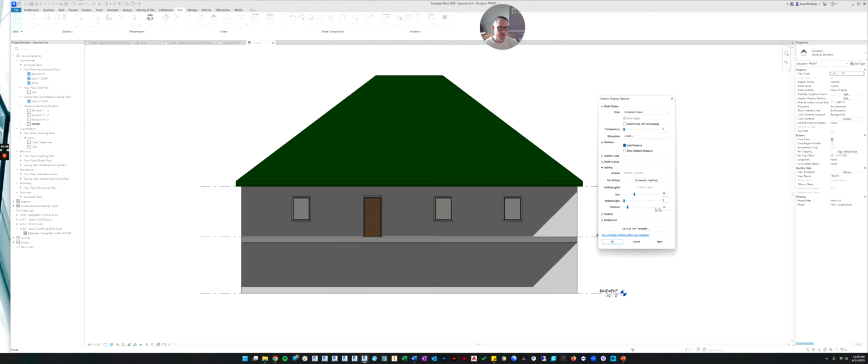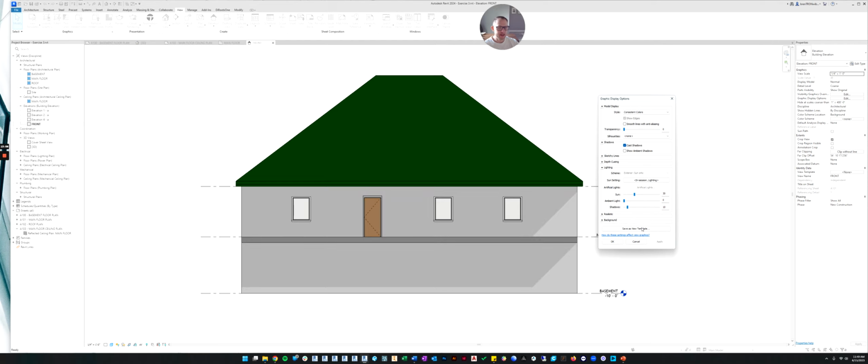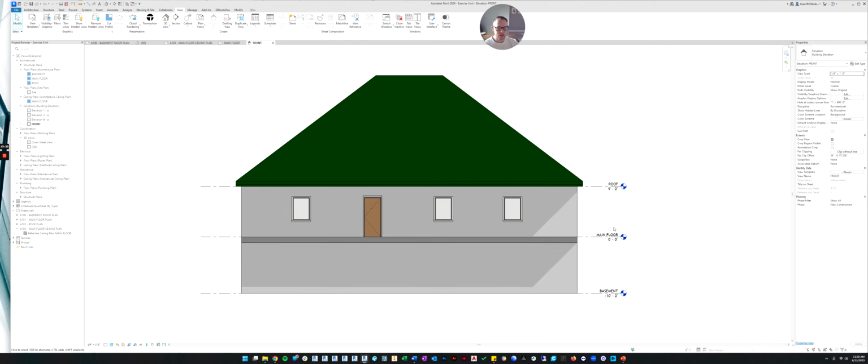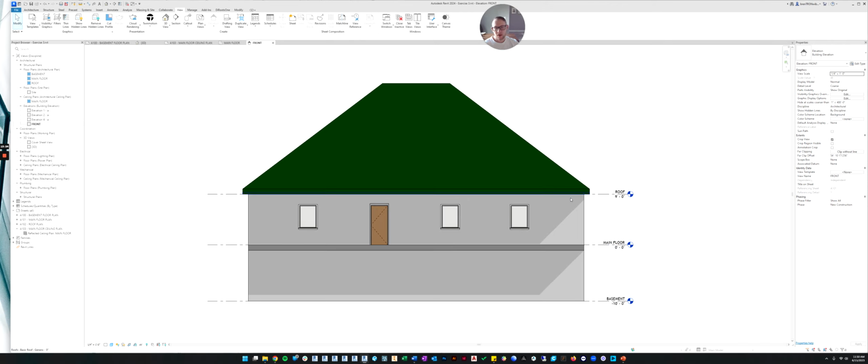And then you can always click apply and it'll give you a preview of what it'll look like. So you can see at 50 it was really dark. At 30 it lightens up a little, and I like them really light. I just like it to hint at the fact that there's a shadow there. So that's how I tend to like mine to look.